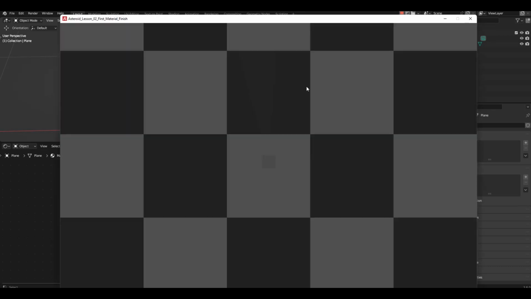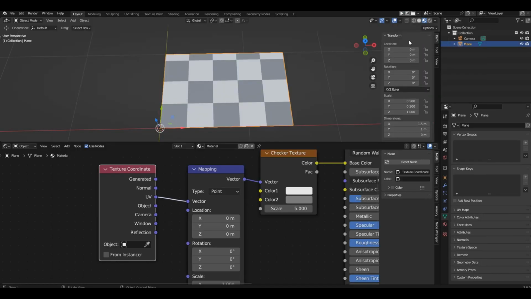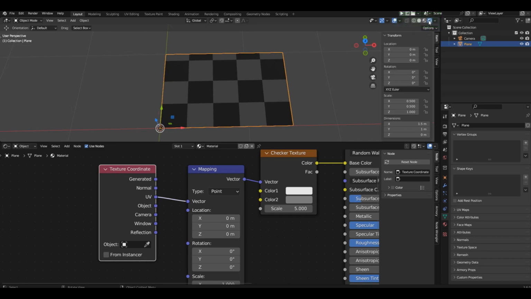If we run our game now, we'll see that our background looks a bit different from the viewport. It's dark in the game. That's because we have no light sources except for the global world source. The mode you're currently working in is called Material Preview. It only displays color without considering lighting. If you want to see the final result with lighting, switch to the rendered mode. This is the exact image you'll see in the game.